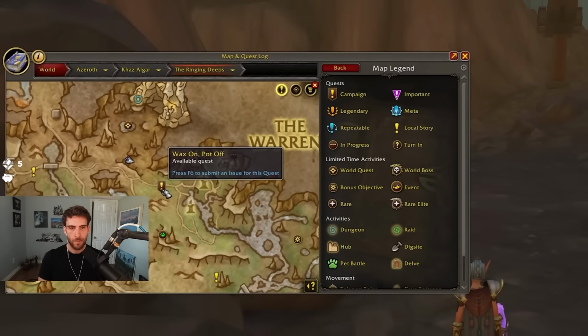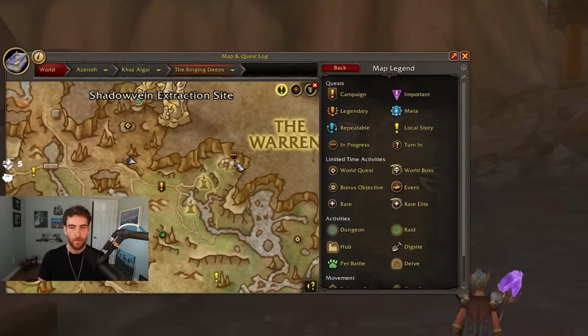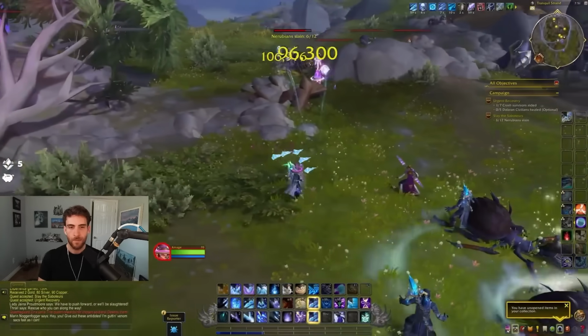Campaign quests will always have the kind of shield background to the icon. Quests you need to pick up will have an exclamation mark. Quests in progress now have the ellipsis, and then turn-ins will have the question mark. So if you want to focus on the main campaign quests,